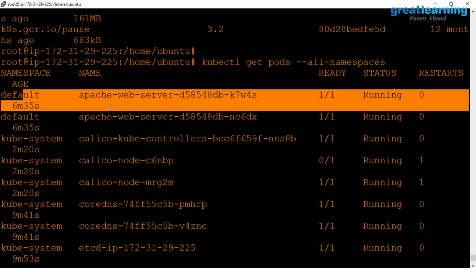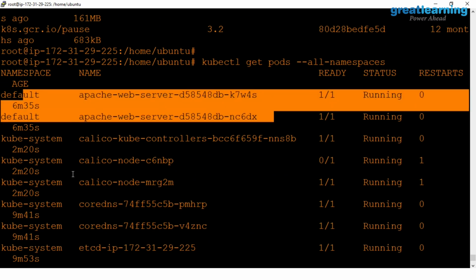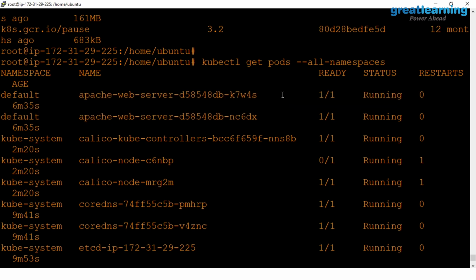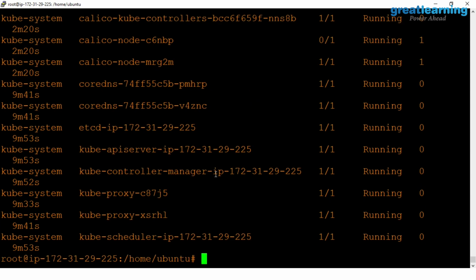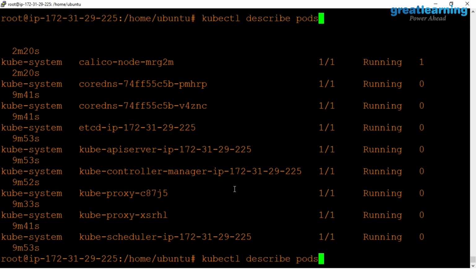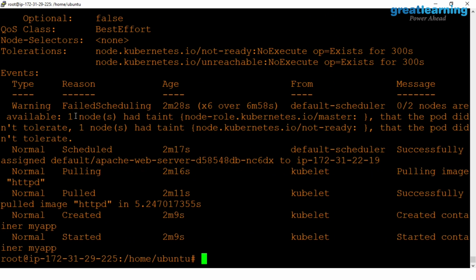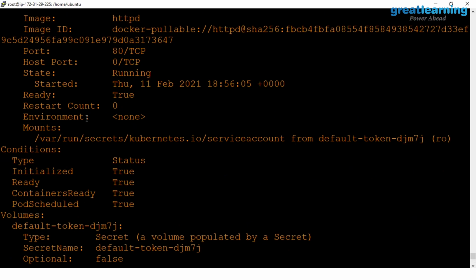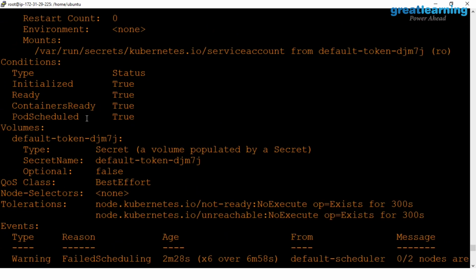Now these are the two ones that we've launched, and then you have a lot of them that are running by default, right? So it gives you the ready status and all of that. And you can get a description also. So if we type in the command kubectl describe pods, you will get a description of all the pods. If we scroll a little bit more up,